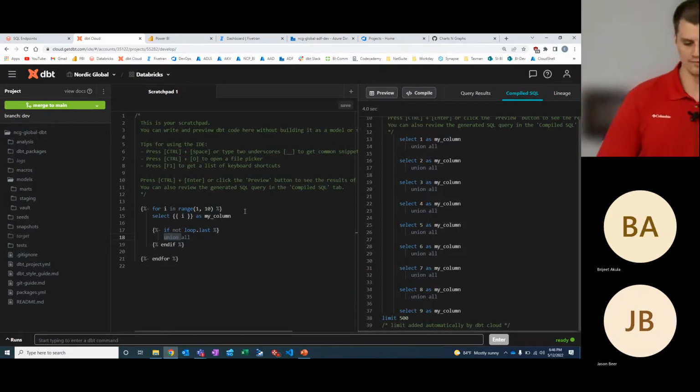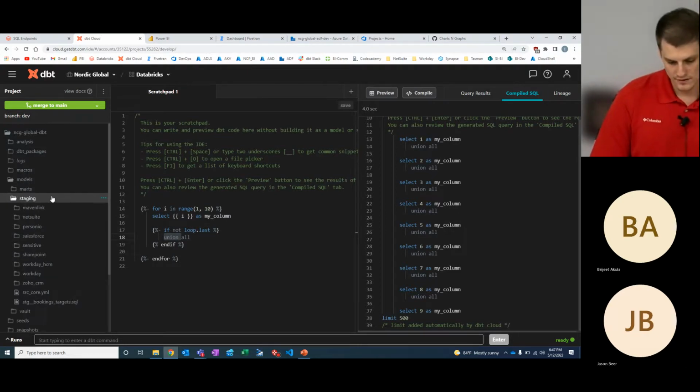One thing that we'll look at here in a minute is an example of creating a data vault resource, like a hub, a link, or a satellite, just by providing metadata. And so what that leads me to is